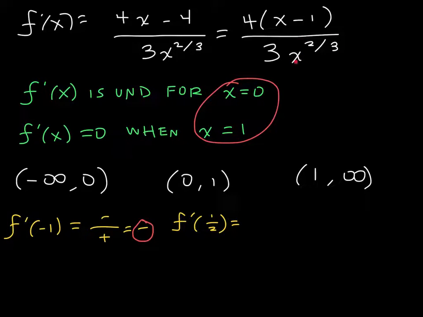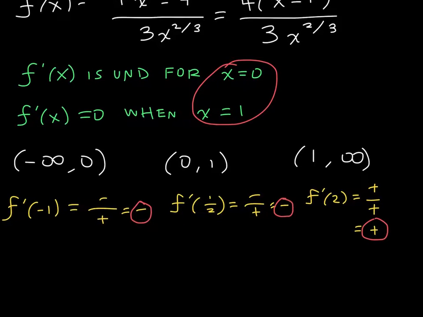So this is positive. And so this is, again, a negative over a positive. Look at that. F prime did not change sign. Finally, f prime of, I don't know, maybe 2. So the numerator is positive, the denominator is positive, this interval is positive. Finally, we have a sign change. Okay, so first of all, notice that